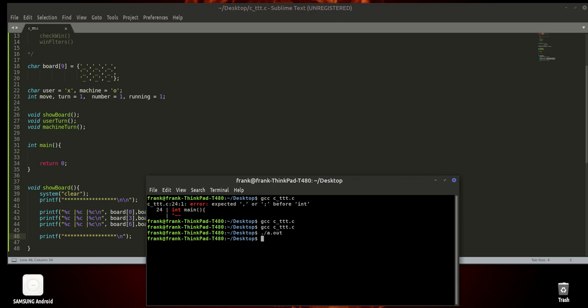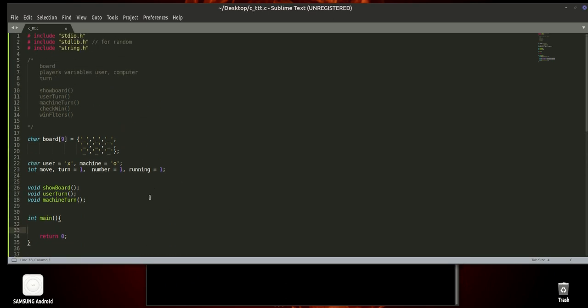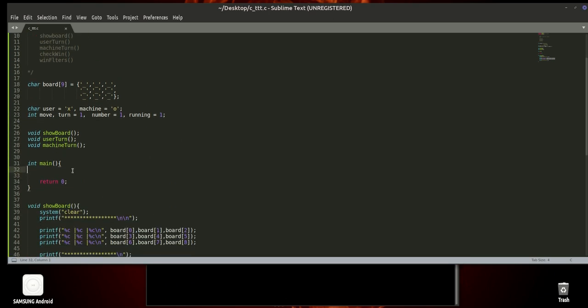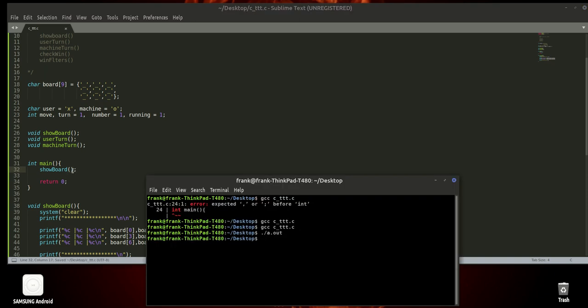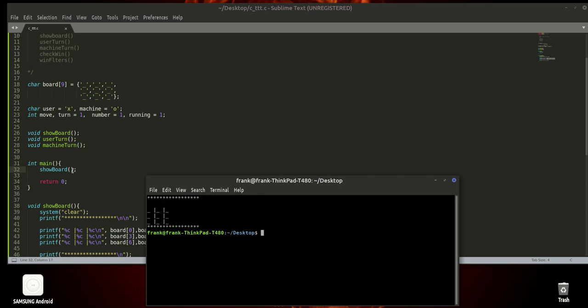have a board because we have to call it, and we are going to call it in the main loop, in the main function. So here I'm going to call show board first time, because when we start the game, the first thing we can see is the board itself, something like this. Okay,